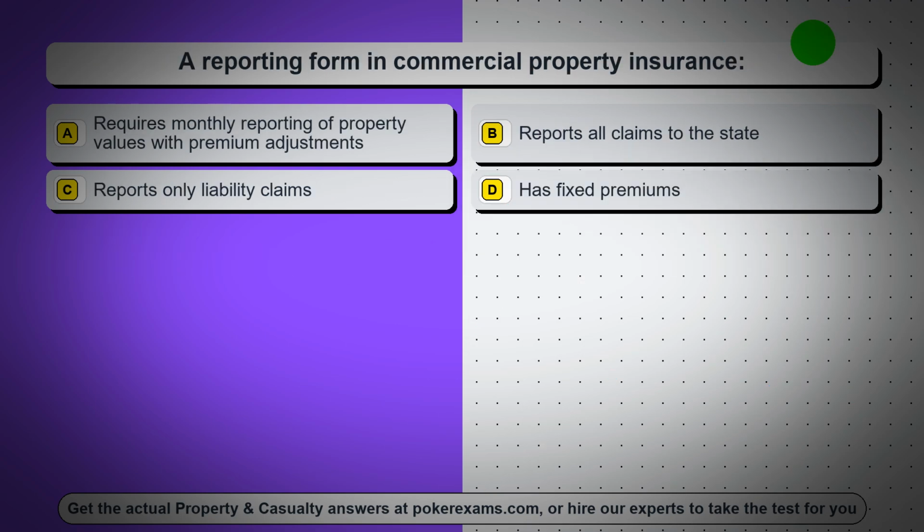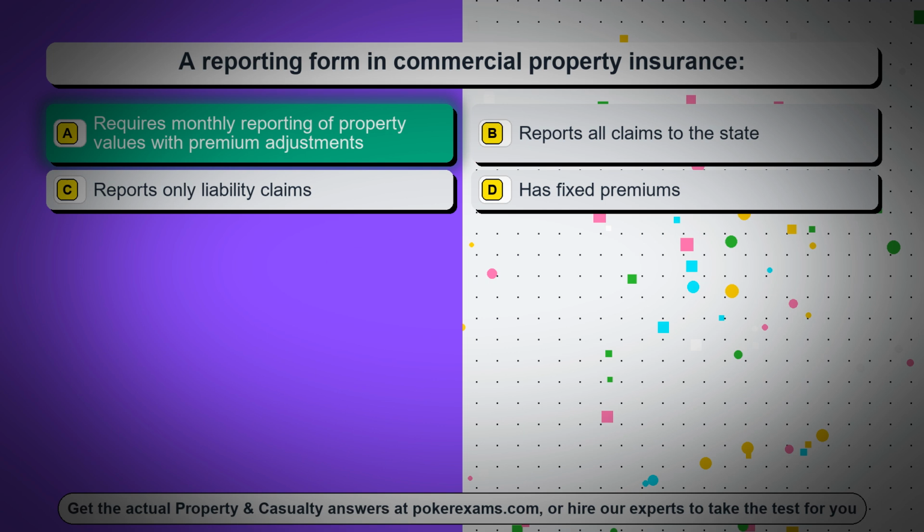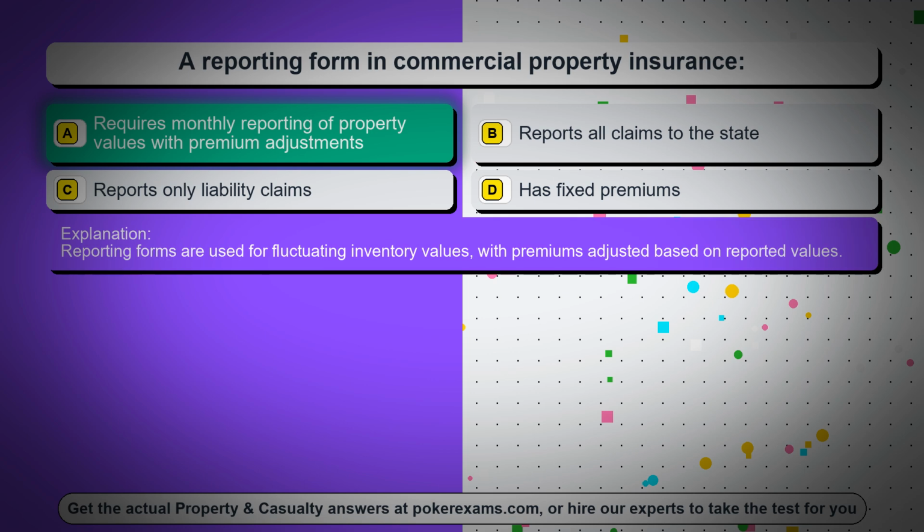Question 77. A reporting form in commercial property insurance. Option A requires monthly reporting of property values with premium adjustments. Option B reports all claims to the state. Option C reports only liability claims. Option D has fixed premiums. The correct answer is option A, requires monthly reporting of property values with premium adjustments. Reporting forms are used for fluctuating inventory values, with premiums adjusted based on reported